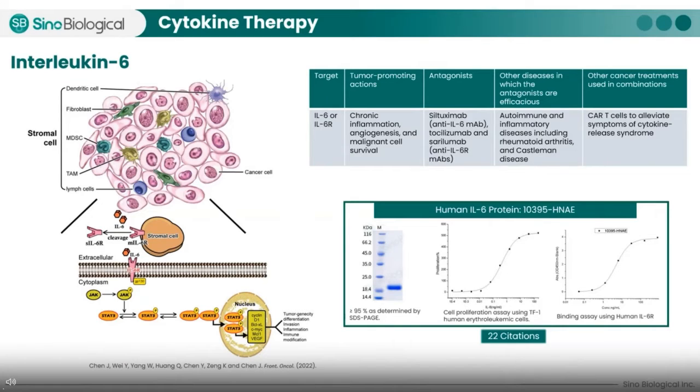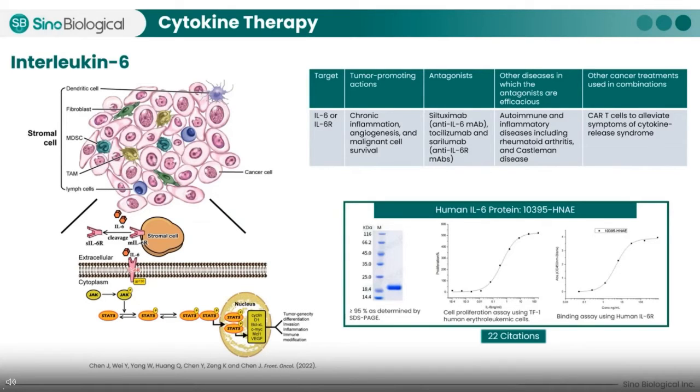Now, let's talk about interleukin 6. IL-6 is a pleiotropic cytokine involved in the regulation of various physiological and pathological processes. The IL-6 JAK-STAT3 signaling pathway has major immunoregulatory roles in health and is dysregulated in many diseases, including cancer. IL-6 causes uncontrolled inflammatory responses, resulting in chronic inflammation and even carcinoma, and its expression is associated with poor prognosis